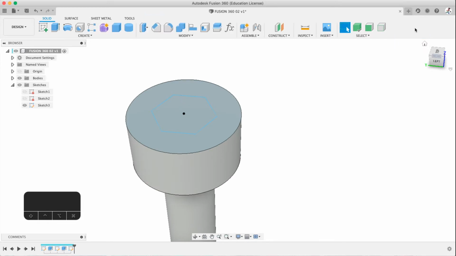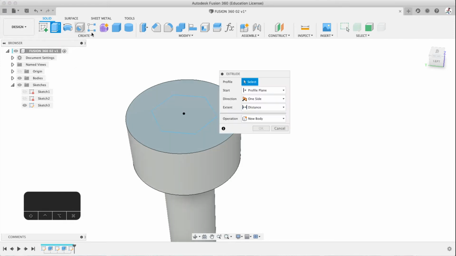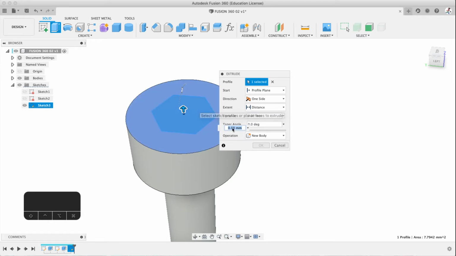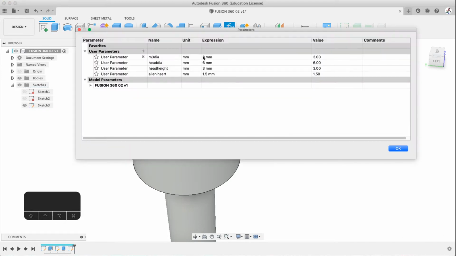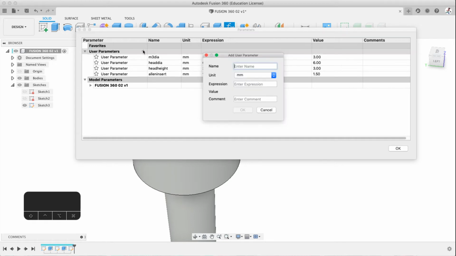Finish the sketch. Now we're going to actually cut into the head. So here we go. Extrude. And we're going to select our Allen insert. And we're going to cut down. Now, just from my memory, head height, head diameter, M, inserts 1.5. Let's make a new parameter. Allen